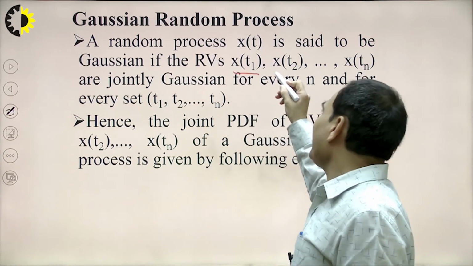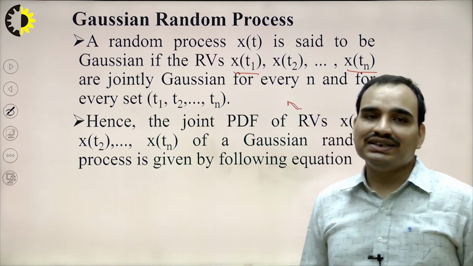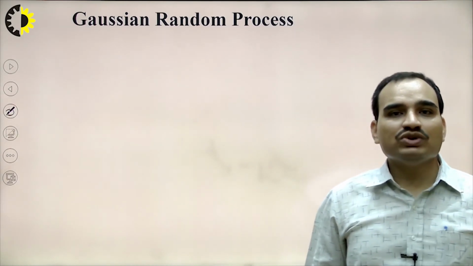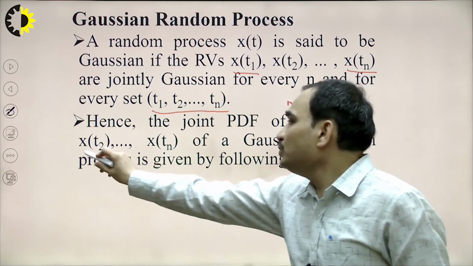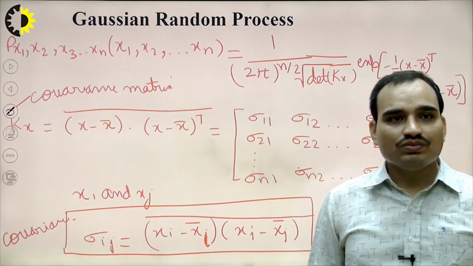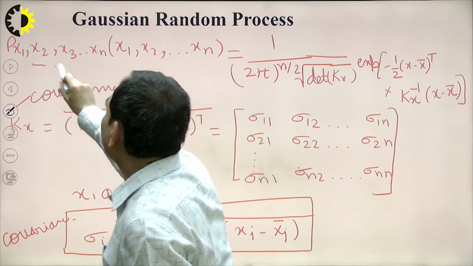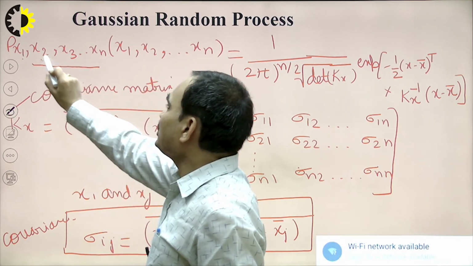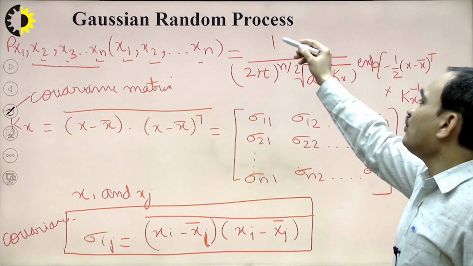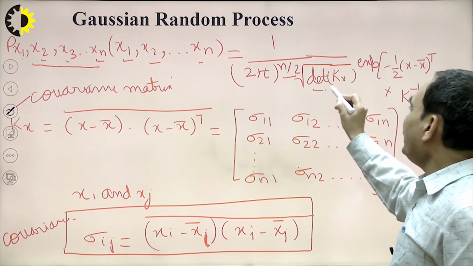A random process X(t) is said to be Gaussian if the random variables at different time instants X(t1), X(t2) up to X(tn) are jointly Gaussian for every n and for every set of time instants t1, t2 up to tn. Hence the joint PDF of the Gaussian random process can be written as the PDF p of x1, x2, x3 up to xn, which is defined as